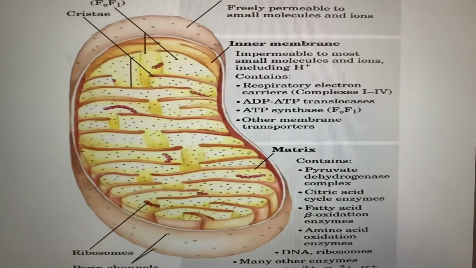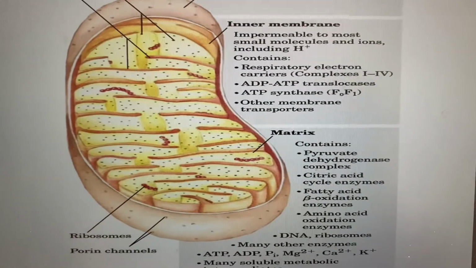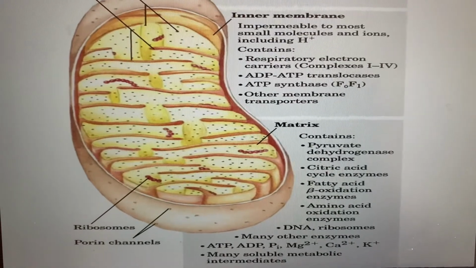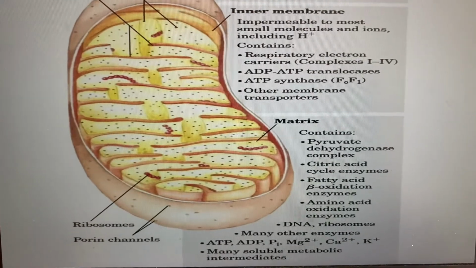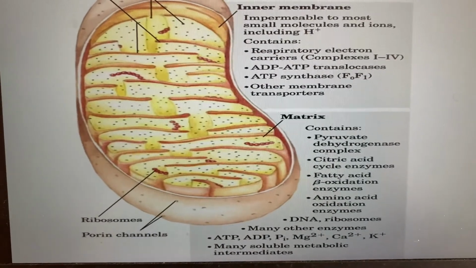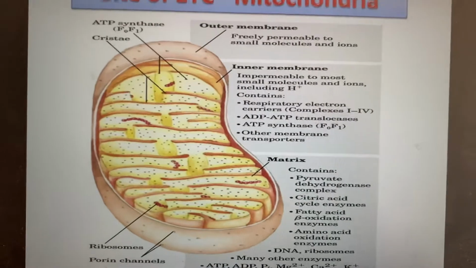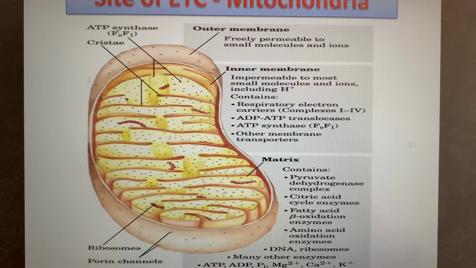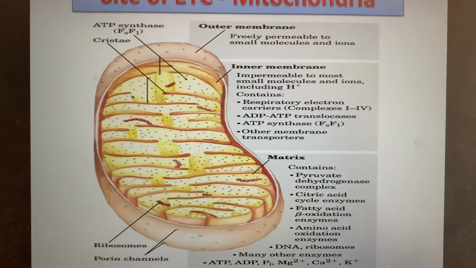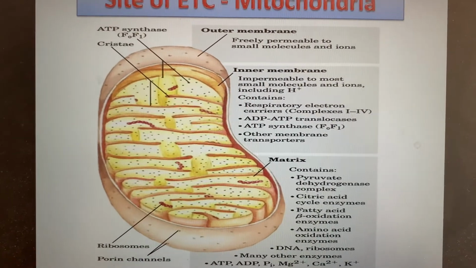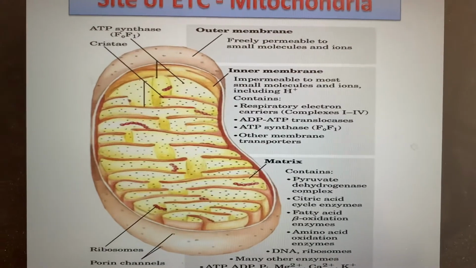And inside the matrix, as you have read, pyruvate dehydrogenase complex is there, citric acid cycle enzymes are there, beta oxidation, amino acid oxidation, DNA, ribosomes, and many other enzymes are there in the matrix of the mitochondria. So we will talk about the inner membrane, which is carrying the complexes for electron transport chain. Let's see